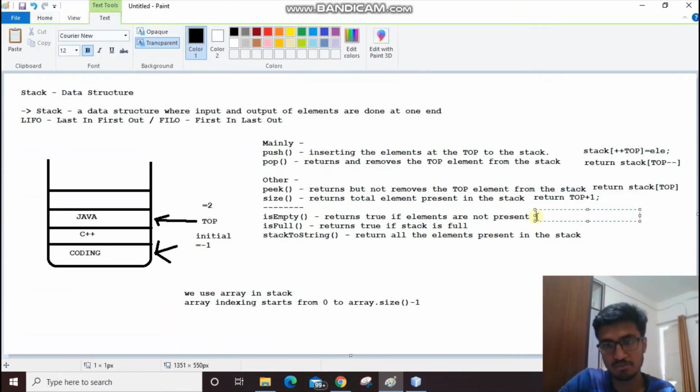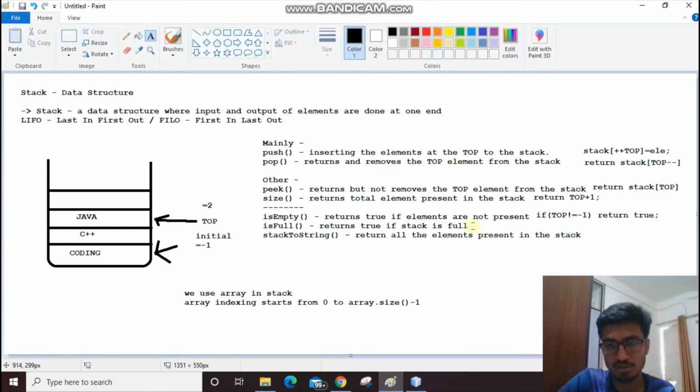So we can simply say that if top is equal to -1, we return true. If top is not equal to -1, that means there are elements present inside the stack.